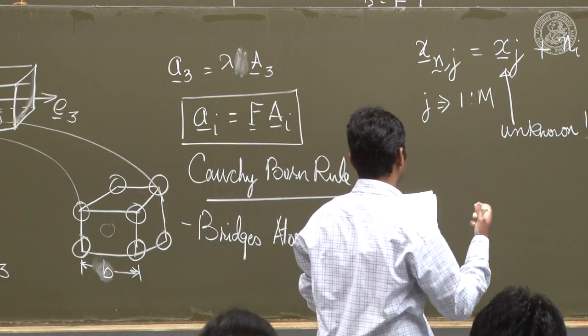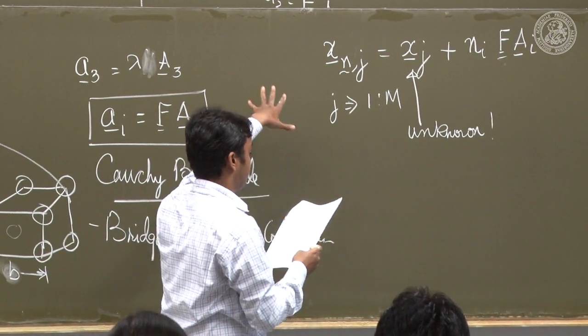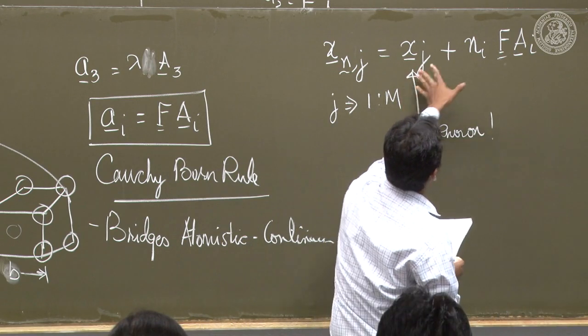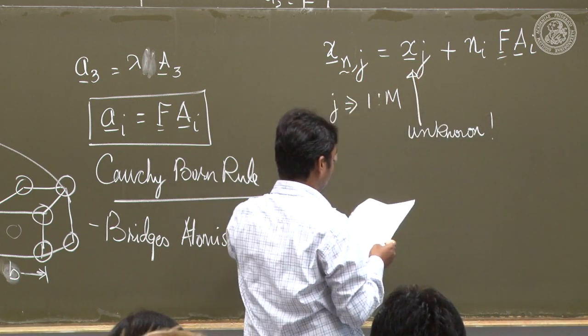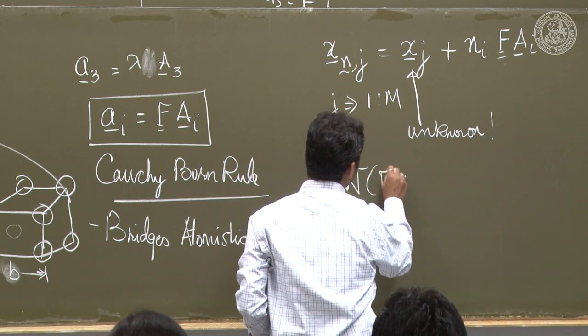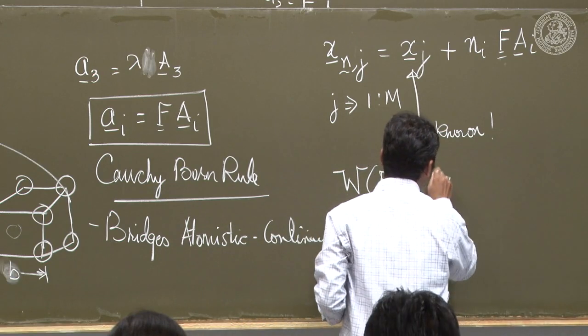Using this, you will get the deformation map that accounts for the interaction within the unit cell and across the unit cell. And finally, you can evaluate your W of F